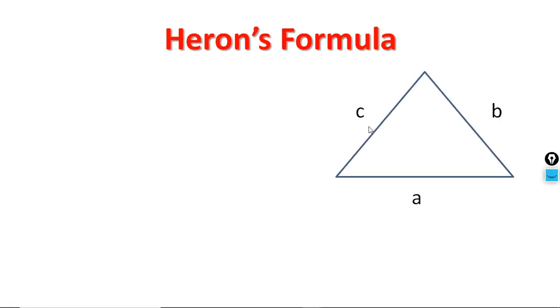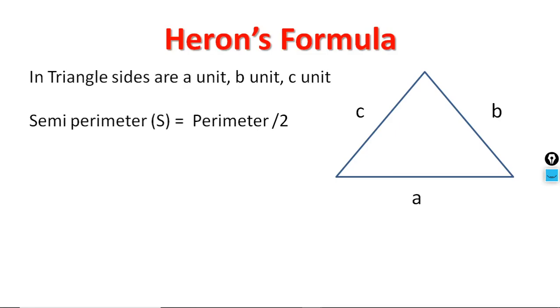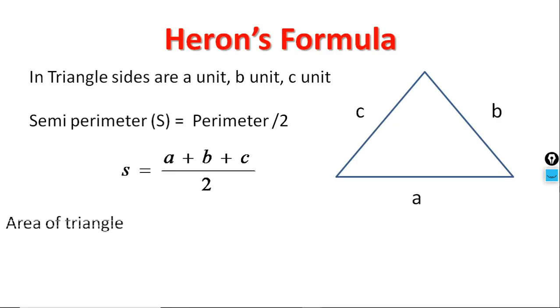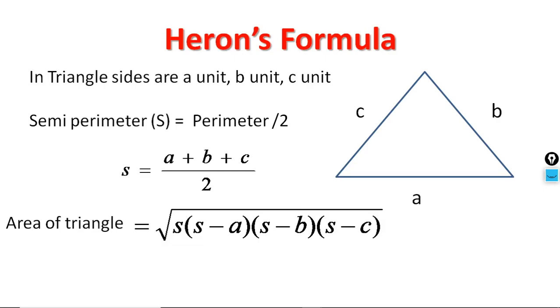In Heron's formula, this formula works for a triangle if sides are given to you. Sides we consider a, b and c. Now we define the semi-perimeter. Semi-perimeter is simply half of the perimeter. So here s is the semi-perimeter and it is equal to (a + b + c) upon 2. So first thing we define here is the semi-perimeter, which is half of the perimeter, and the area of a triangle will be equal to